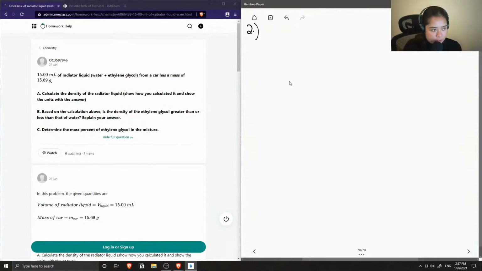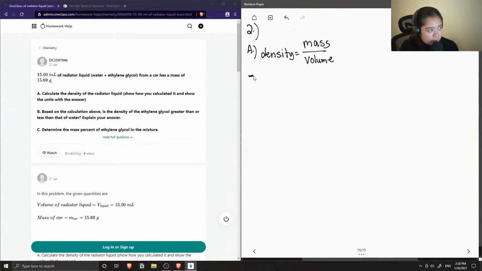So let's first do part A. So let's recall the equation to find density. Density is equal to mass over volume. And in this question, it looks like we are given both. So then we can find the density